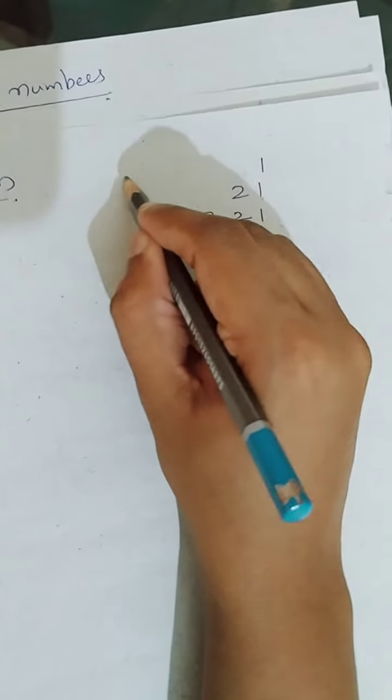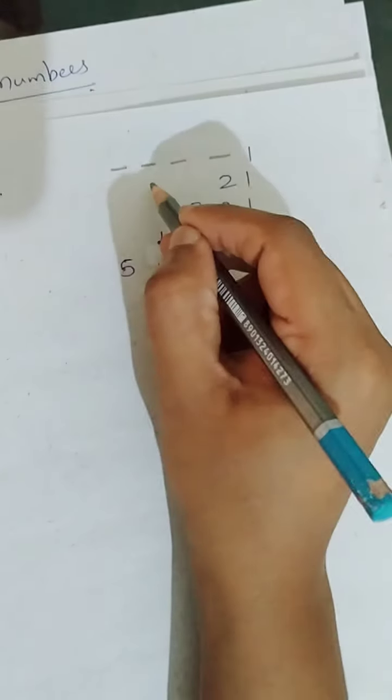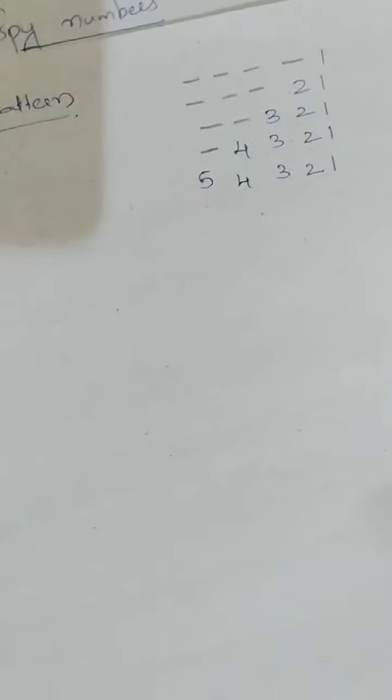It is starting from the right hand side, and it is leaving 1 2 3 4 spaces the first time. In the second line it is leaving 1 2 3 spaces, in the third line 2 spaces, in the fourth line 1 space, and no space in the fifth line. So this is the speciality of this pattern. So we'll go to the program and see how we will write the pattern.